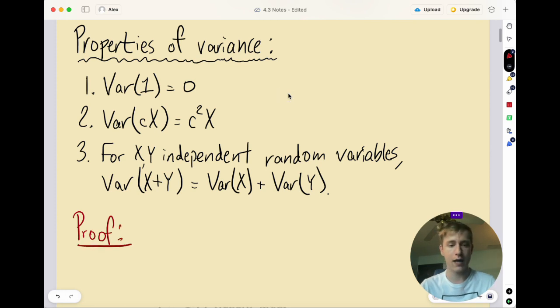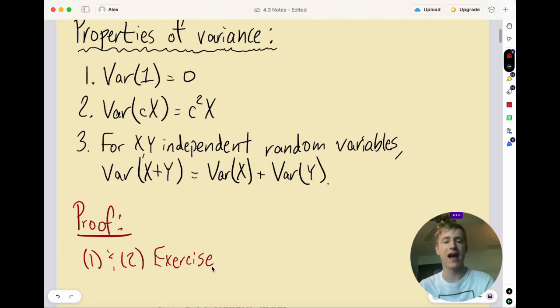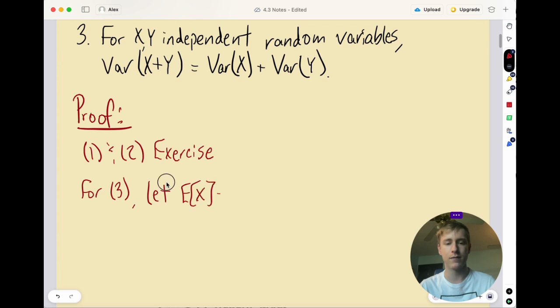Okay, so I'm going to go ahead and leave 1 and 2 as an exercise for you. It's really not that bad. Just figure out what the expectation value is, and then square it, and then figure out the expectation value of that, and it should be pretty straightforward. So we're going to spend some time to prove 3. So for 3, just for convenience sake, we're going to go ahead and let the expectation value of x be just the mean